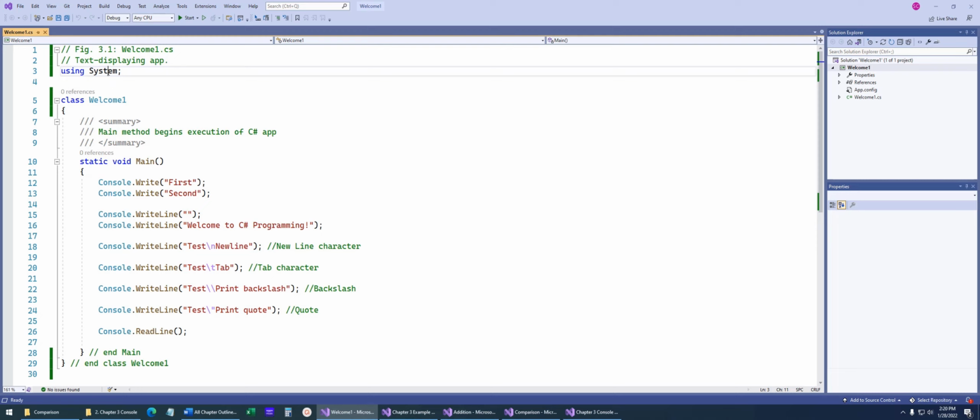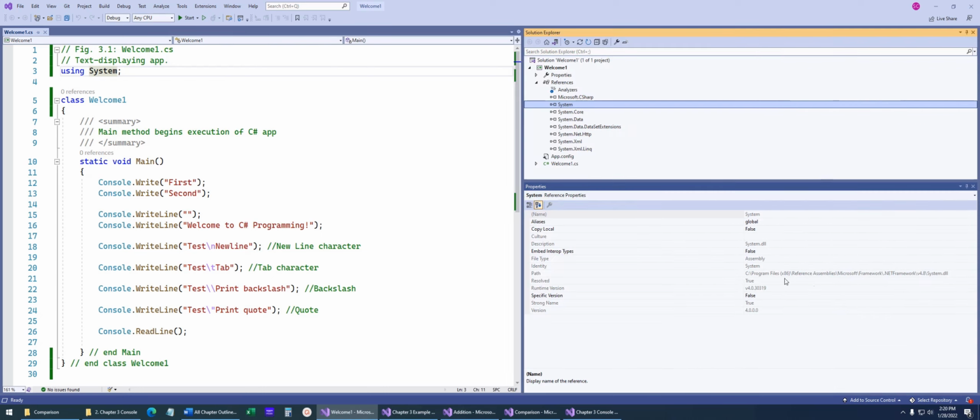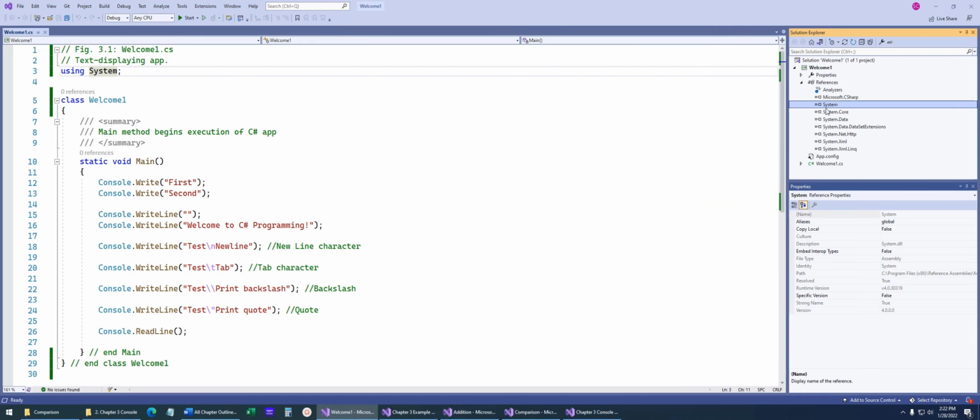But what this is really saying is that this namespace is just a reference. So over here in our references, you'll notice we've got this System namespace. Now this is a DLL from the .NET library. You can see System.dll. This is the code that Microsoft has written for you already, so we don't have to reinvent it. Once we've referenced that in our project, we can use any of the code that Microsoft has written